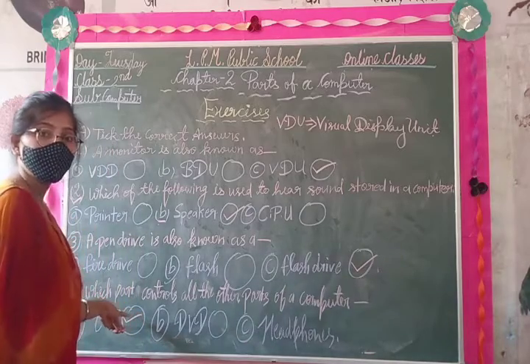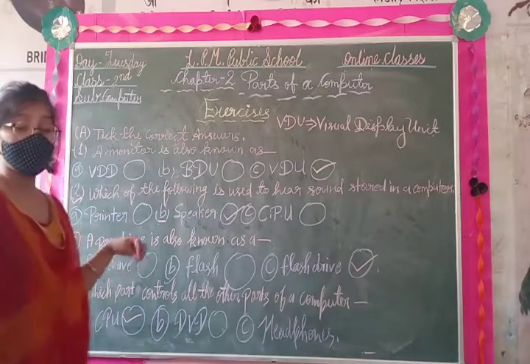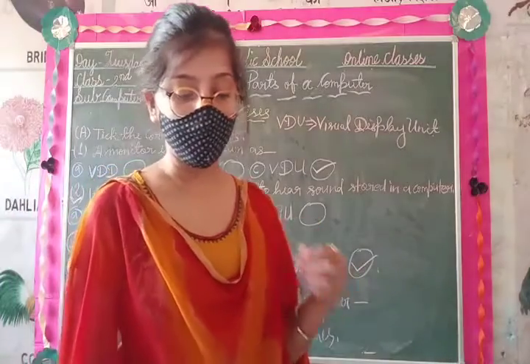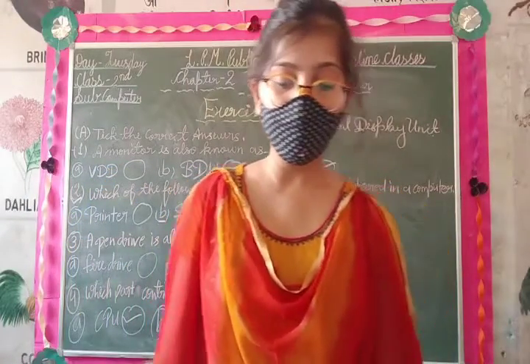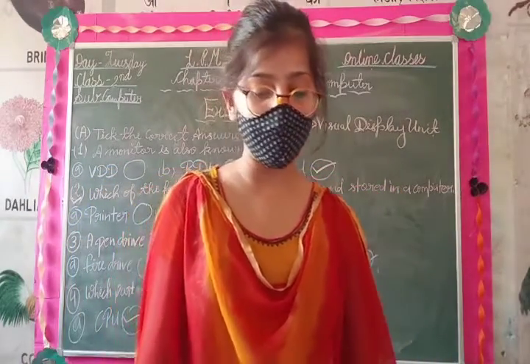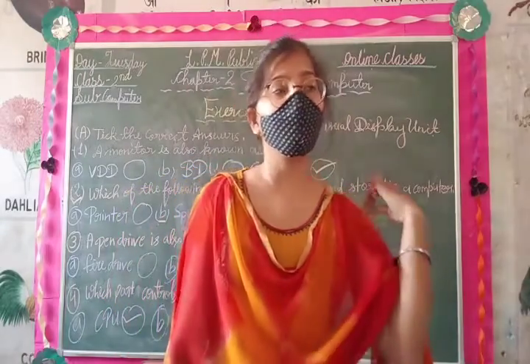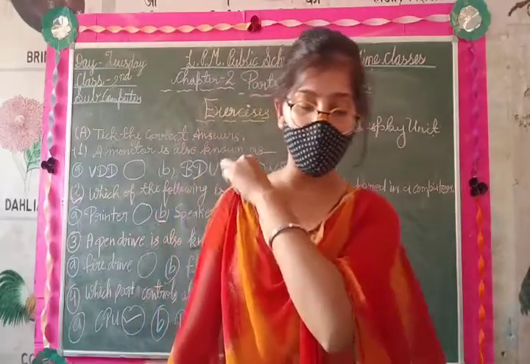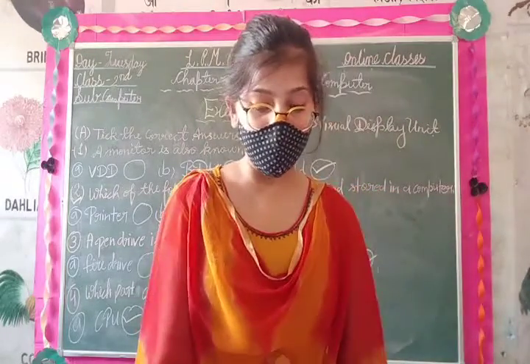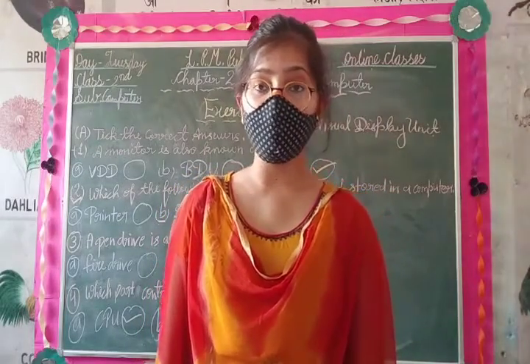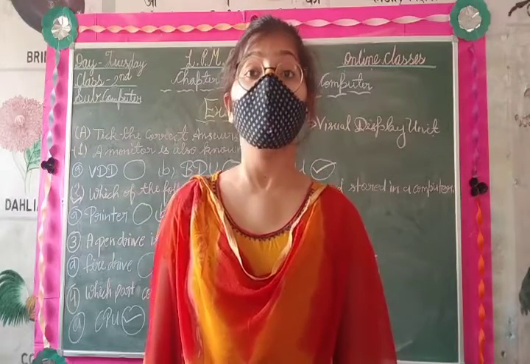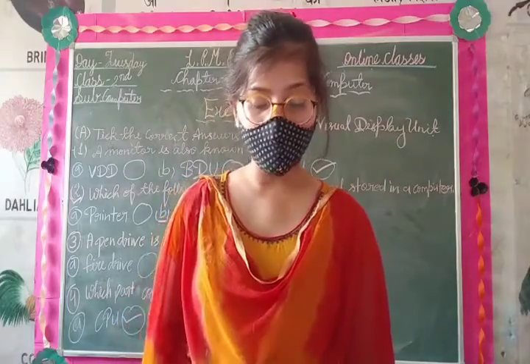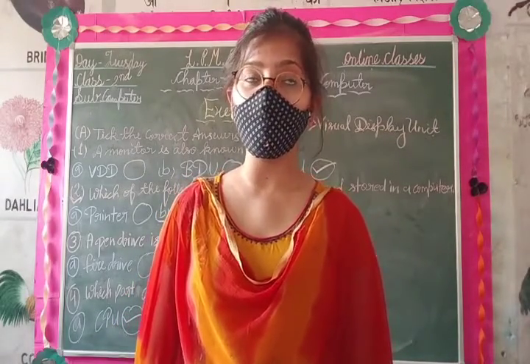So student, do you know what is the full form of CPU? It's Central Processing Unit. So student, firstly we learned some topics about CPU. The CPU cabinet contains the Central Processing Unit. Central Processing Unit is the full form of CPU. It controls all the other parts of a computer.